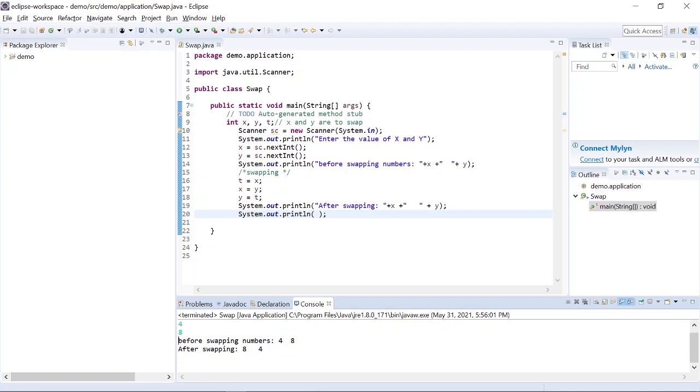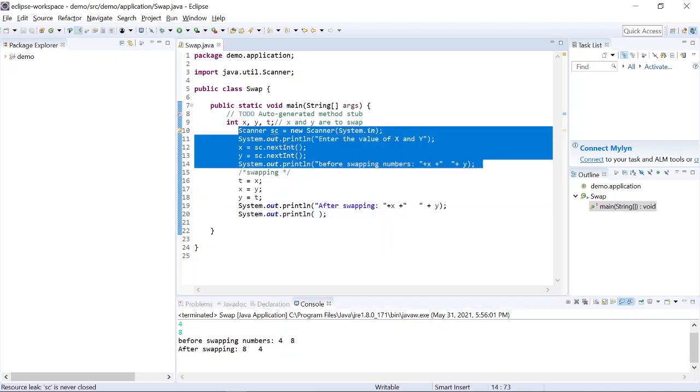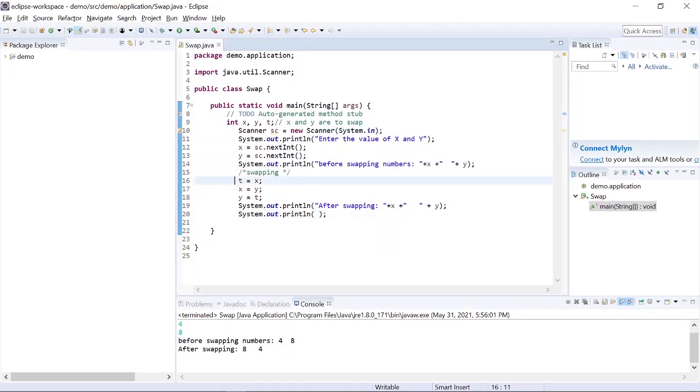Now if we want to know what is happening in each of the lines, we need to debug the code. What debugging means is, you will see what is happening in each line and you will be able to see the result of every line. Now we know that these lines are fine, we don't need to debug them, but what is happening here we need to know. So I will put a debug point here.